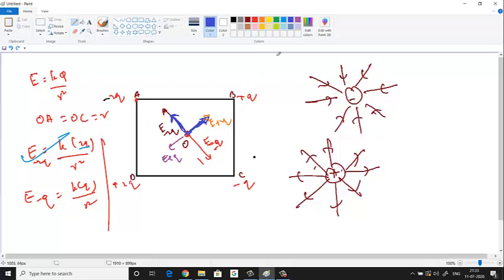Now for these two directions, you have to see the final resultant. These two blue vectors are joined tail to tail, and they are equal in magnitude. The resultant is going to be upwards. So if they ask you the direction of the resultant electric field, you have to say upwards. They may give you options like A, B, C, and D somewhere else. You have to take the upward direction. All right, fine.